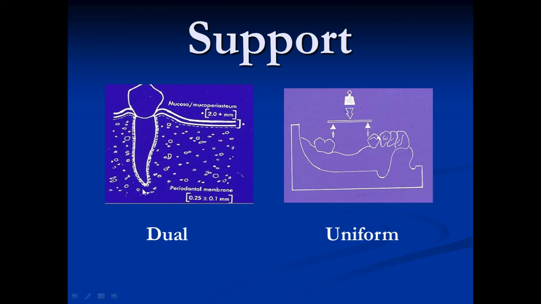So when you clench, a tooth moves about 100 microns in the socket. At the same time, the compressibility of the soft tissue, or the underlying mucoperiosteum, is about 2 millimeters. That is the difference in compressibility between the soft tissue on the edentulous ridge and the tooth in the socket. Because of this variation,